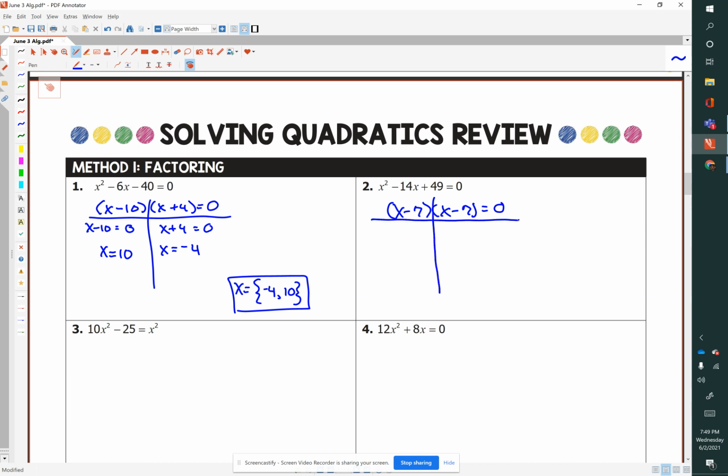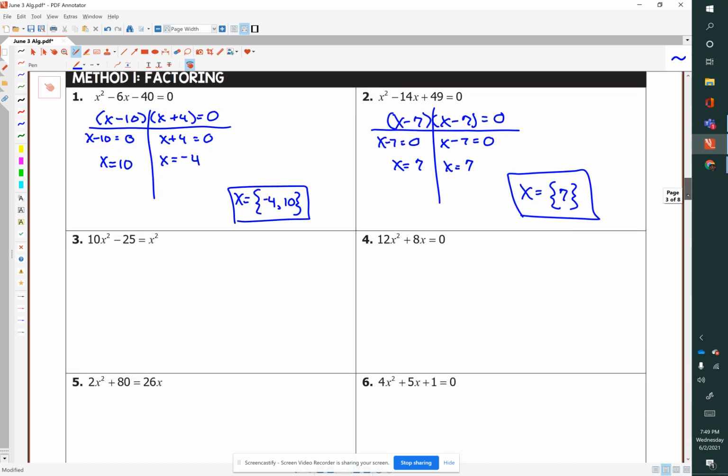Do our little ninja trick here. X minus 7 equals 0. Same on both sides. And that would mean that x equals 7 in both cases. So our solution set is simply one number, 7. Number 3,